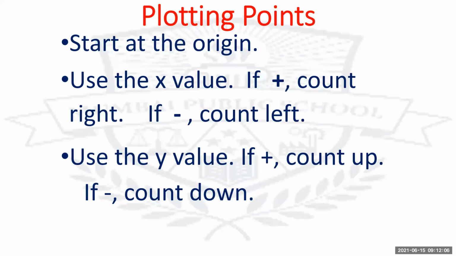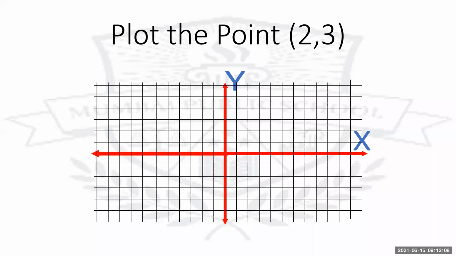Now, see, you want to plot the point 2 comma minus 3. Remember this kind of question: preparing the table of the linear equation and drawing the graph. It comes for 4 marks, compulsory question. You have to understand this plotting of the point. The table part we have already studied, and I'll let you know how to make the table. After that comes plotting the point. So first you should know how to plot the point. Now plot the point 2 comma 3.